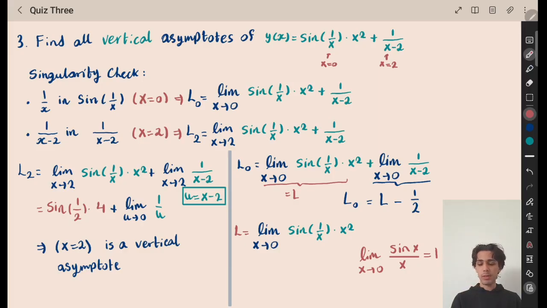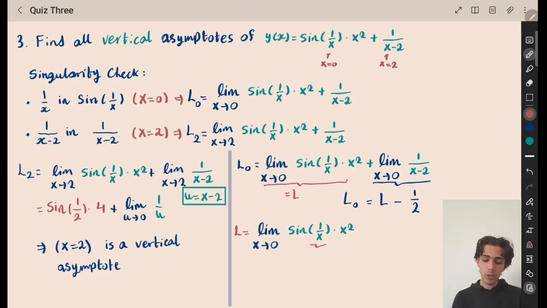From practicing limits and doing lots of stuff, we know that this is somewhat similar to that. It's not quite that form, but you get this feeling. And let's assume that you don't get this feeling. You don't have to get this feeling. The best way to proceed, the very best way and the recommended way to proceed